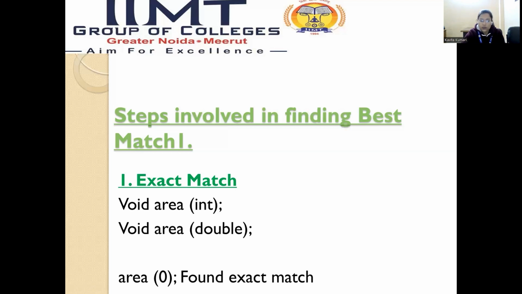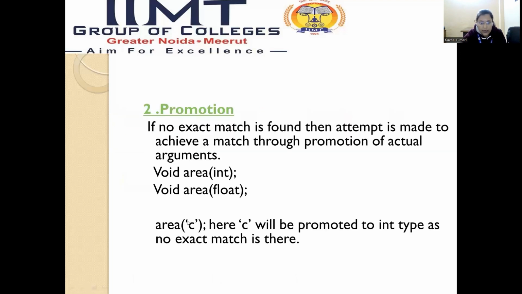Next question arises: what will happen if we do not have an exact match of the data type of the argument type in the function's body? For that, we have promotional match. What promotional match means is, if no exact match is found, then an attempt is made to achieve a match through promotion